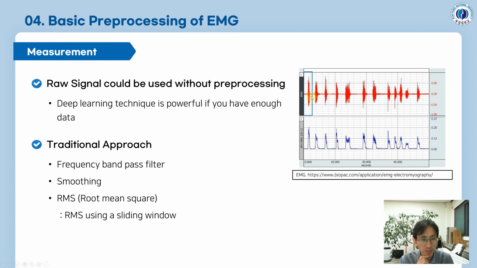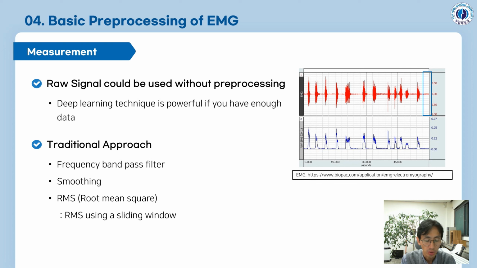Then move this sliding window slightly, and calculate the RMS once again. Then you can get the signal, and you do this continuously. And then you can get the signal like number 2 below. Okay. Then usually you can use this RMS signal for your deep learning models, or you can use this RMS signal to calculate another feature. So this is a general approach to recognize